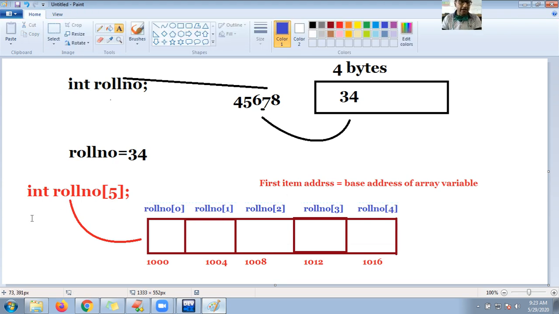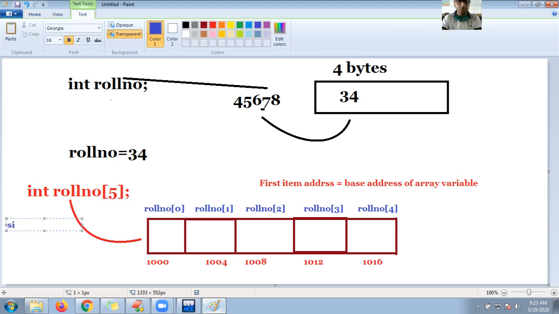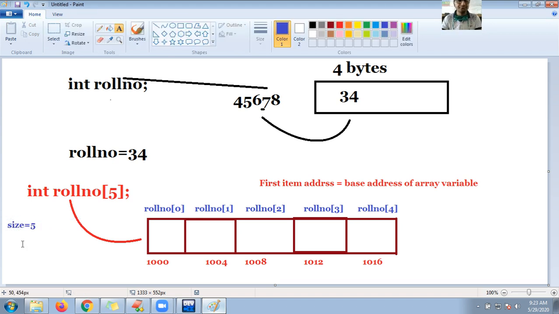So roll number is an array whose size is 5. Its base address, the initial address, is not in my hand, but the increment I can tell, because this memory allocation and its addresses are not in my hand. They are taken by the compiler at runtime. But I can access the elements by using roll number of 0, roll number of 1, roll number of 2.